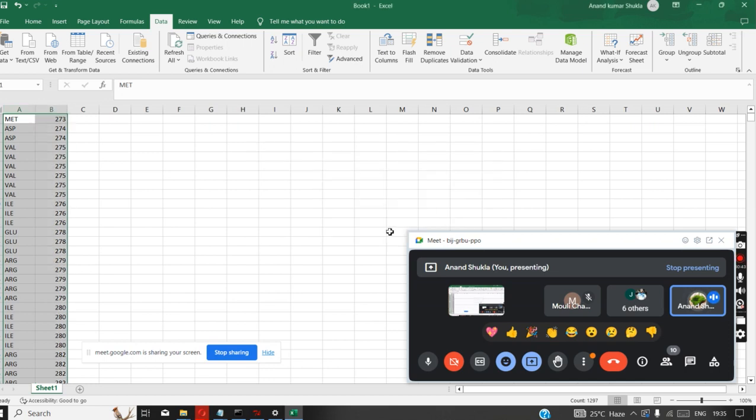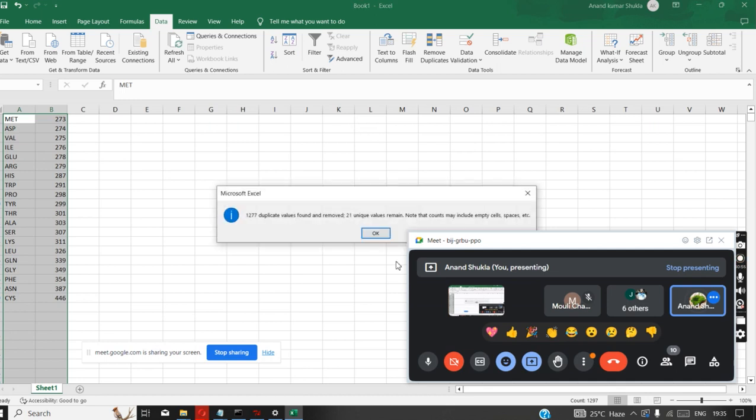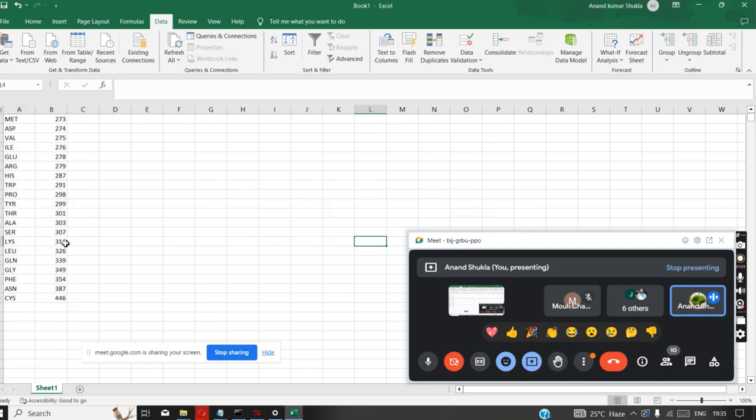Now click Remove Duplicates. You have to unselect column B and select column A, so that based on column A, column B data will also get deleted. Okay, now click on OK. Can you see 1277 duplicates have been removed? So after removing all these duplicates, you got unique values. And how many unique values are you getting? Only 20 unique values. So these are the 20 active sites that have been predicted using CASTp,